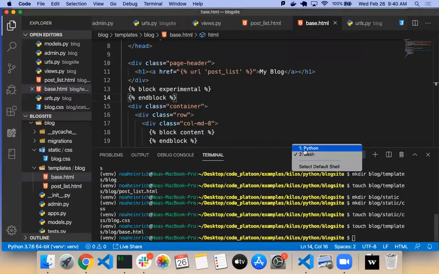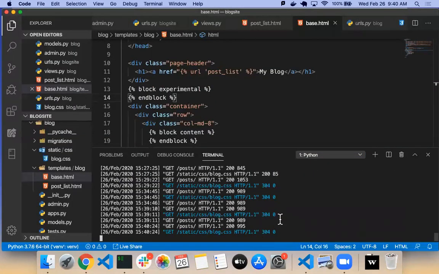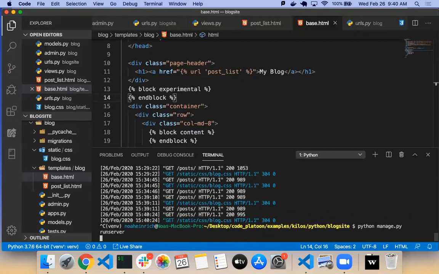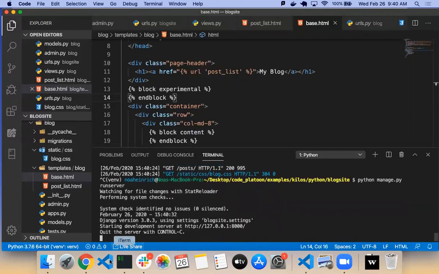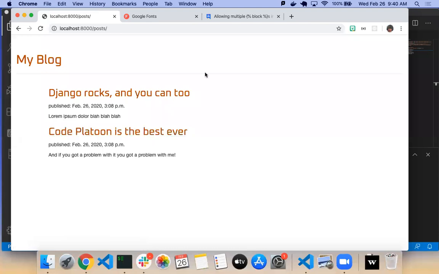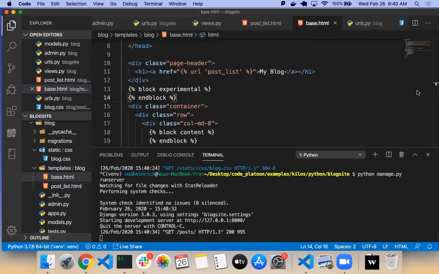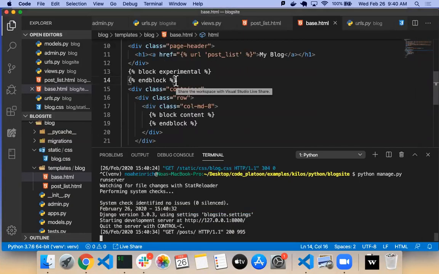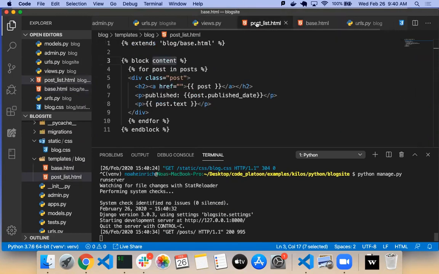And we can also restart the server just to make sure. Oh, okay. So it looks like you're saying reserve this space, and if nothing called block experimental is there, it won't be a problem. That's what it looks like.